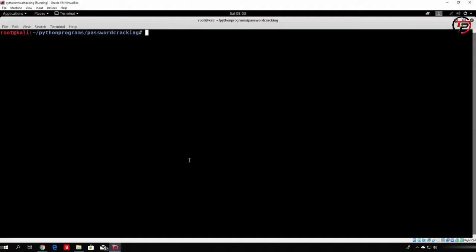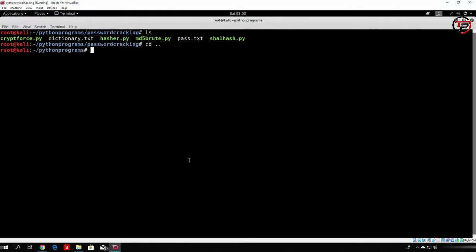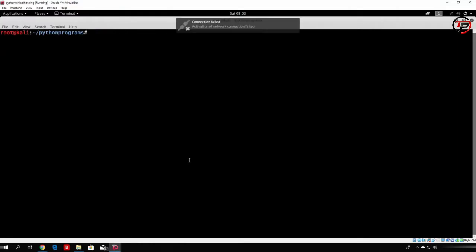Hello everybody and welcome back to the tutorial where we will actually code a simple Mac changer for our Kali Linux machine. So let us get started. First of all, what we need to do is get out of the password cracking section and make a directory where we will make basically something like, let's call it for example,